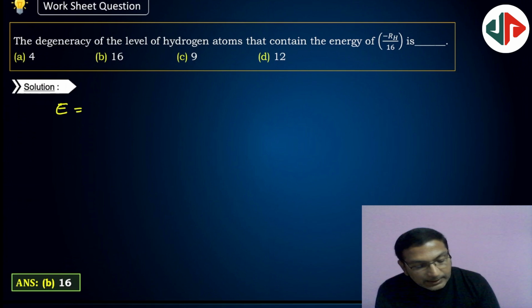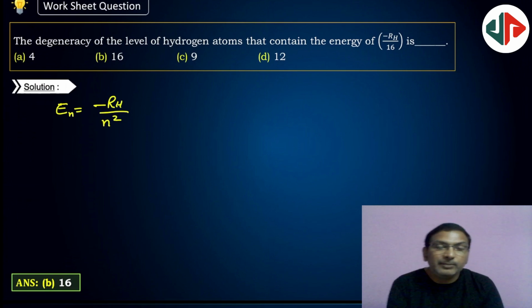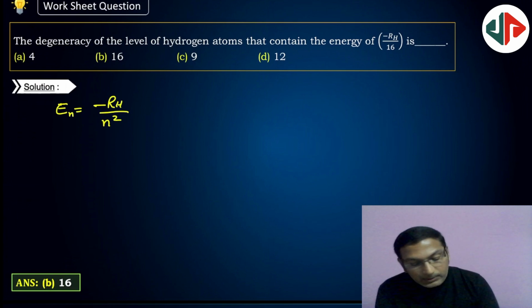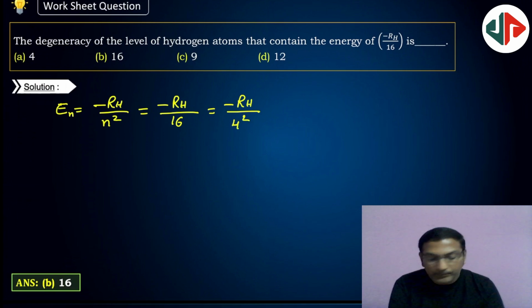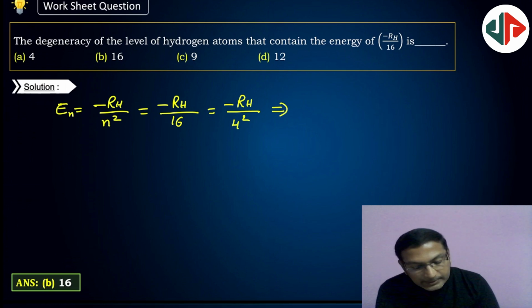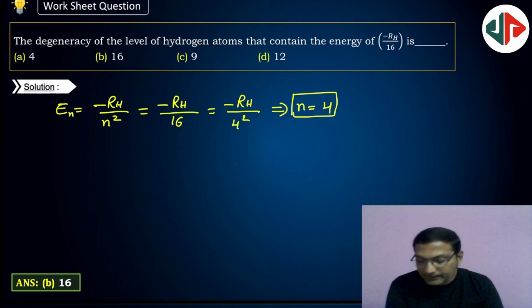Total energy of electron, simply En, is minus RH by n square. This is the general form of energy of nth orbit, or energy of electron in nth orbit. So compare this formula with the given minus RH by 16, that is minus RH by, we can say, 4 square. So that implies here n equal to 4. So fourth orbit is given. So in fourth orbit,